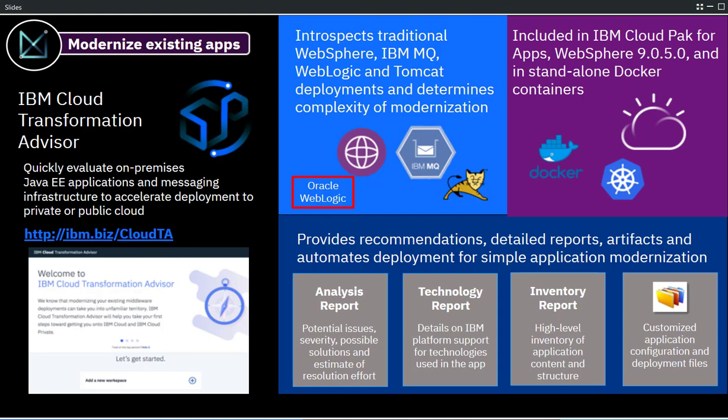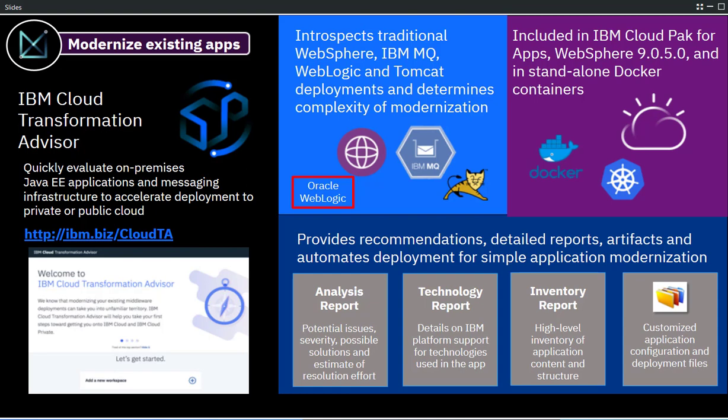There is an overview that for each of the applications will show you our estimate of whether it's a relatively easy or moderate or difficult application in terms of what effort is required to move it forward into the Liberty runtime. And then it goes beyond that and says, these are the specific pieces of code that will need to be changed,